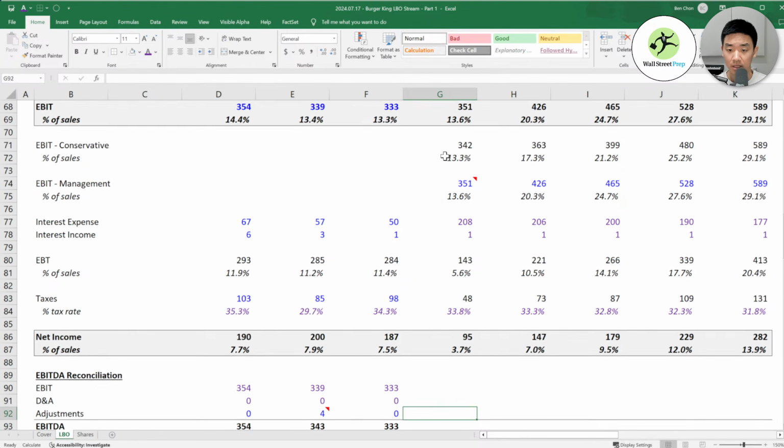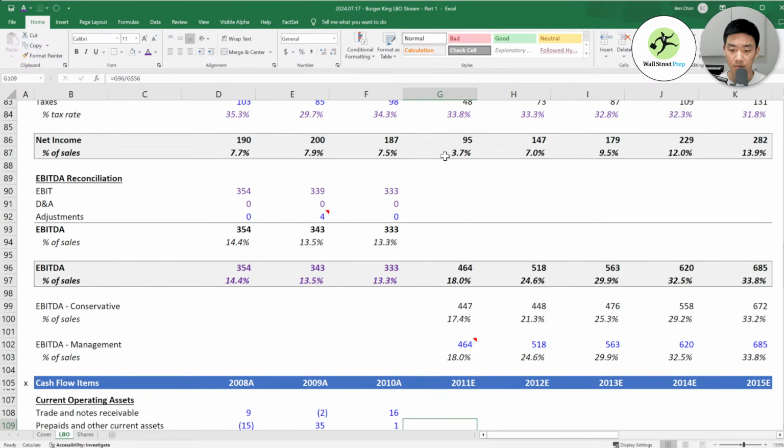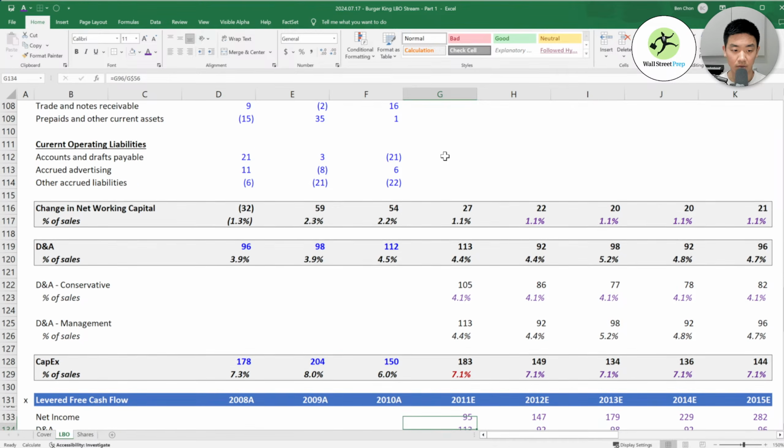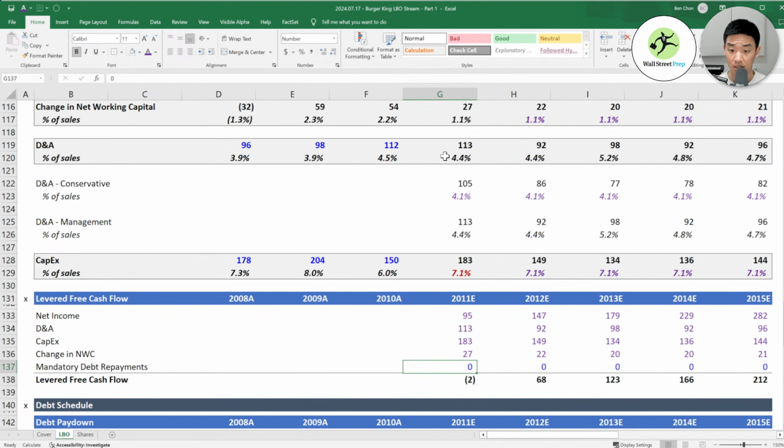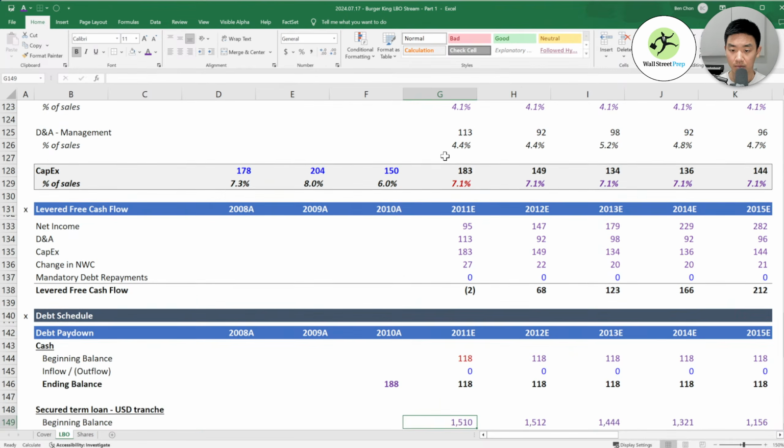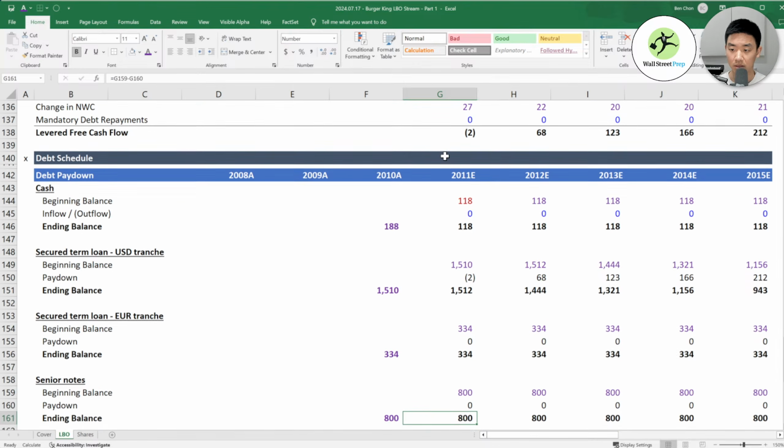Okay, so let me explain the whole circuit breaker thing, but let me also just check what our levered free cash flow is. Yeah, so it's actually negative in the first year and then goes up over time. Oh, this is not good. Your paydown should never be a negative figure.